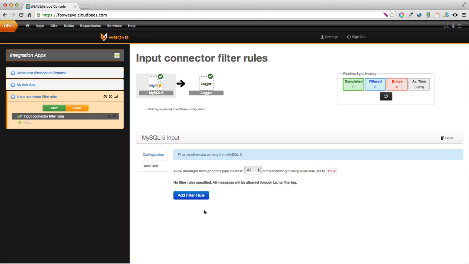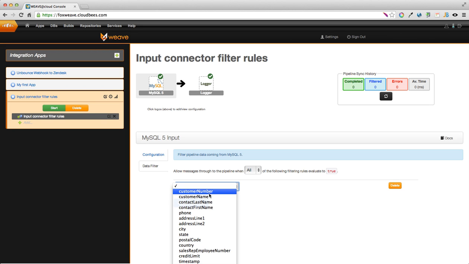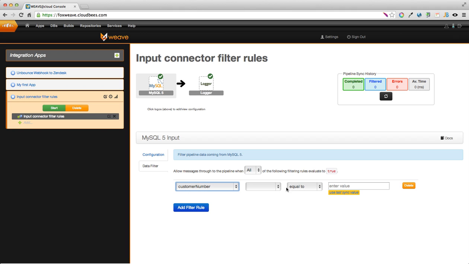Okay, so to do that, for example, in this case, we could watch the customer number here, and basically add a rule that says I only want to synchronize where the customer number is greater than. And here's the bit that's interesting. You don't need to specify a number here, you can actually specify greater than the last sync value. So it'll